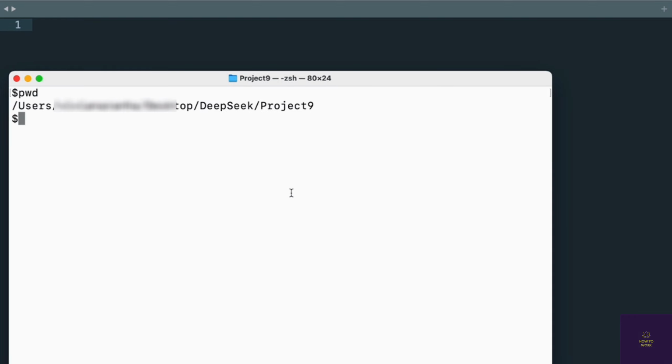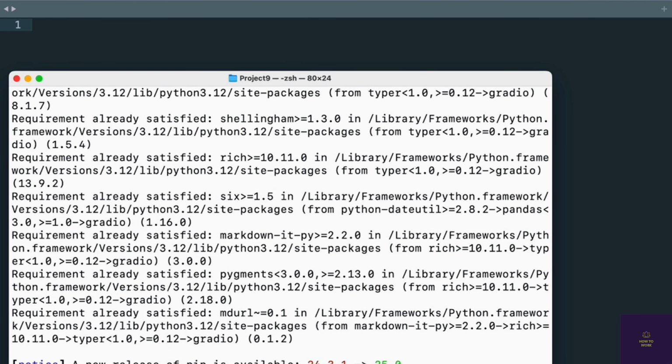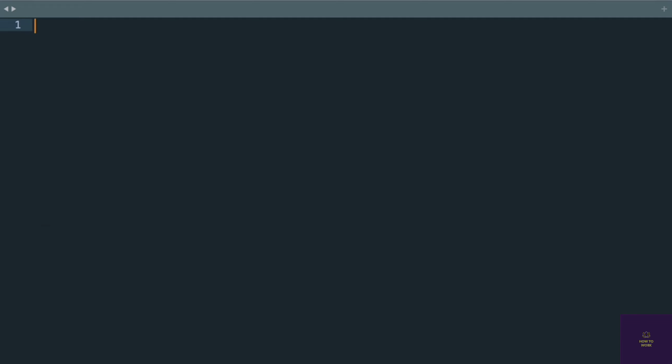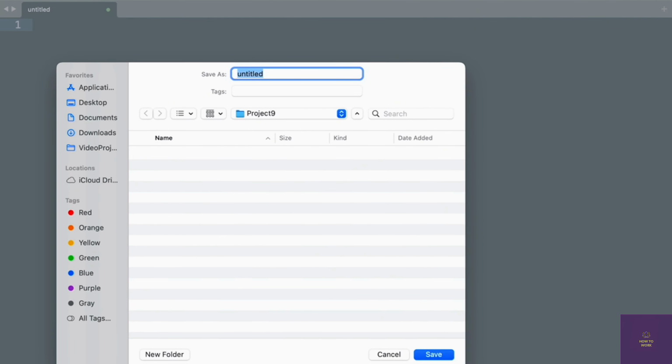Project 9 here, and I'm going to go inside that folder and make sure all my dependencies are installed first. Pip install requests and Gradio. So I have that installed. Perfect. Next I'll go here to the project and right click on this and create a new file, and this new file I'll save it as